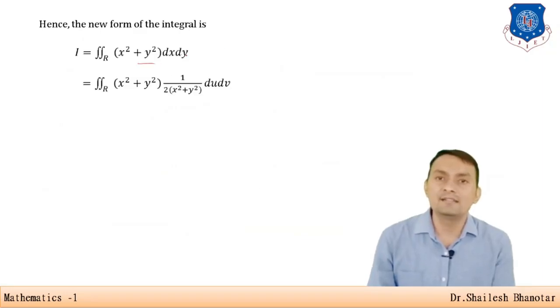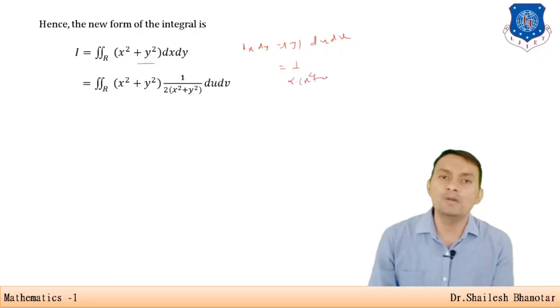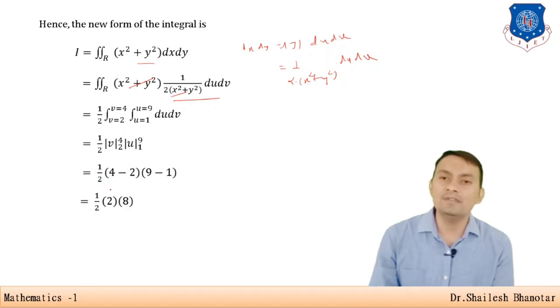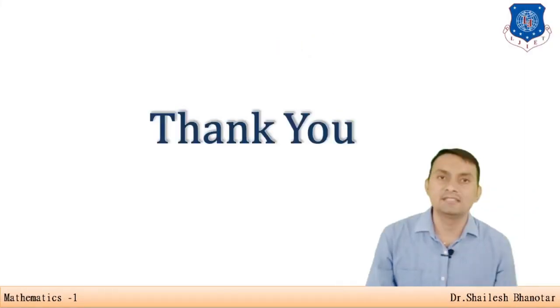So this is the given integral, but dx dy is nothing but mod J du dv, and mod J is 1 divided by 2 times (x square plus y square), so it is written here. It is clear that this will be eliminated, since 1 by 2 is there, and constant limits are there. So now you can integrate with respect to u and v and you will get the answer. Here the limits are constant, so you can also consider them separately. First integrate with respect to u, and after that with respect to v, and you will get the answer, that is 8. Thank you.